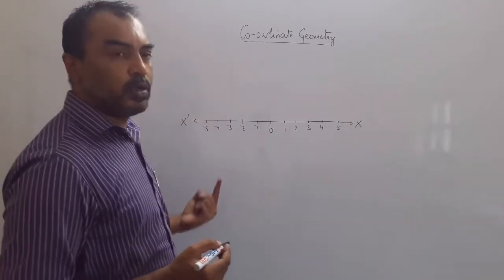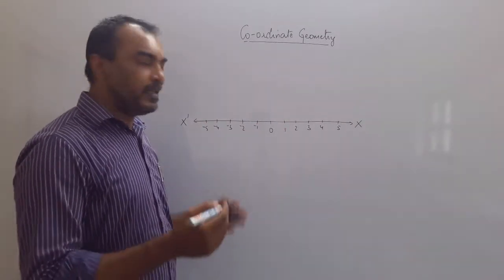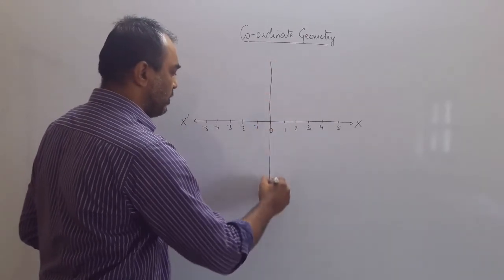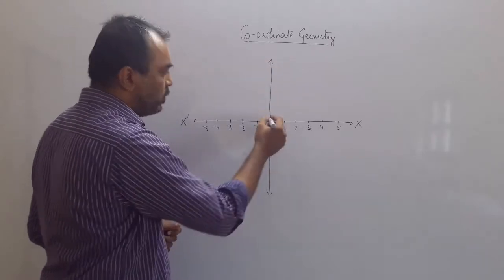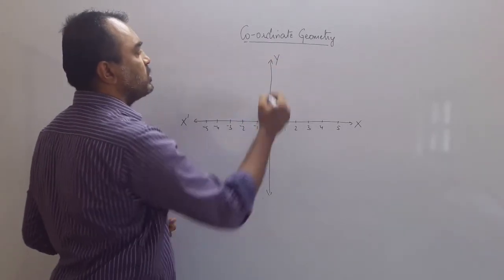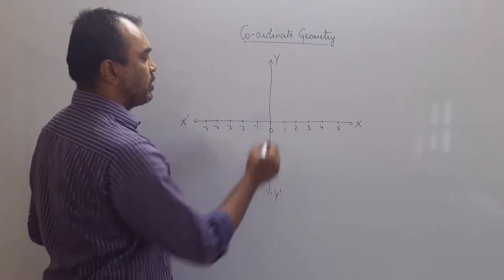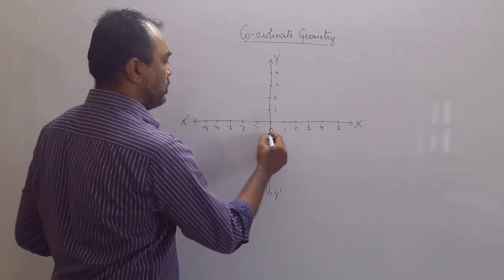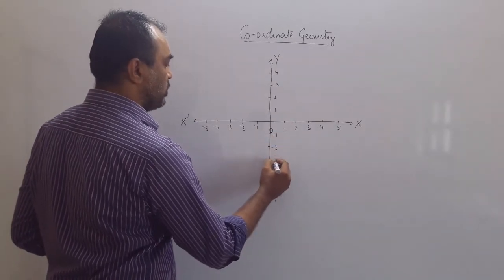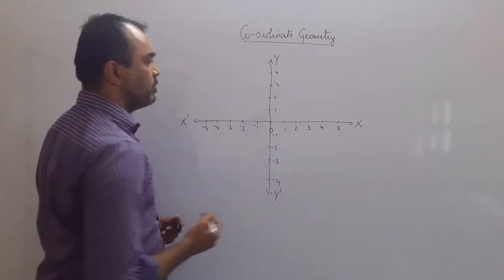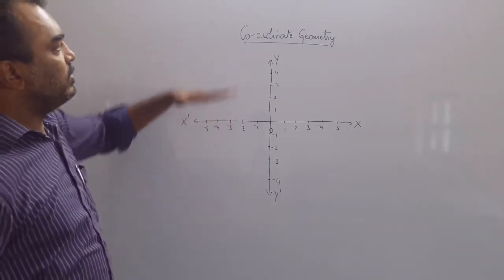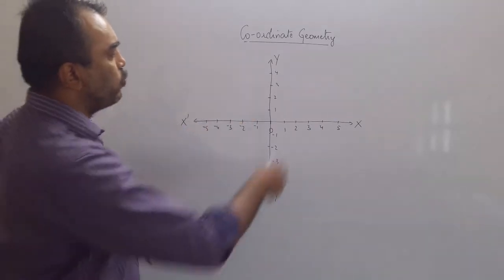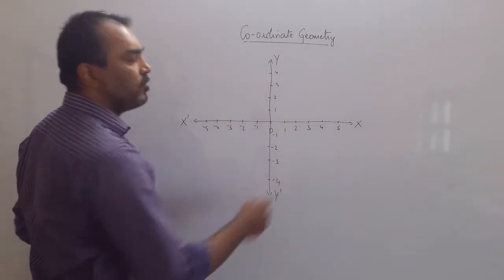But again this is only one coordinate. And like I told you, in a space with two coordinates, I will draw one more line from the origin, which is the vertical. The positive is called y, negative is called minus y. So the positive is 1, 2, 3, 4, -1, -2, -3, -4. So what I have basically done, this whole board I have cut into parts. Yes, into parts. I got 4 parts. 1 part, 2 part, 3 part, 4 part.